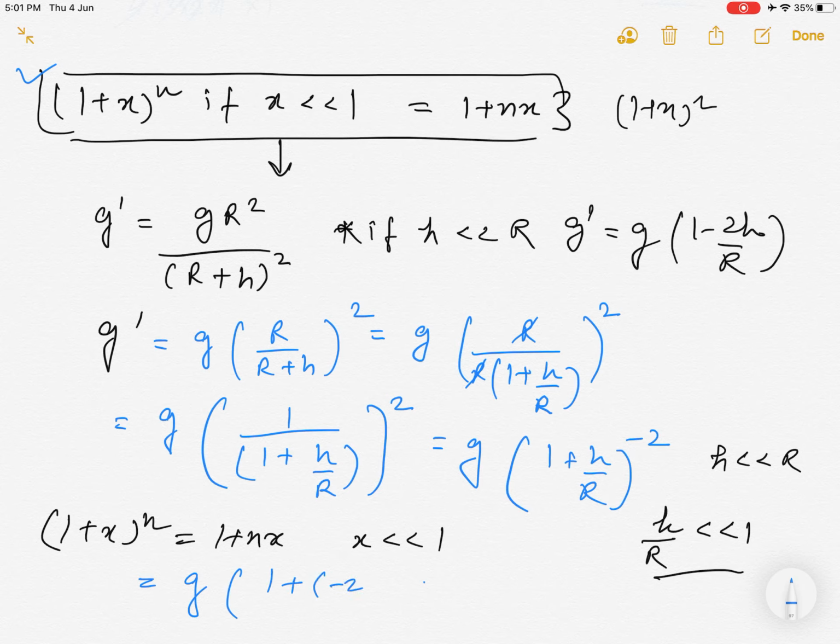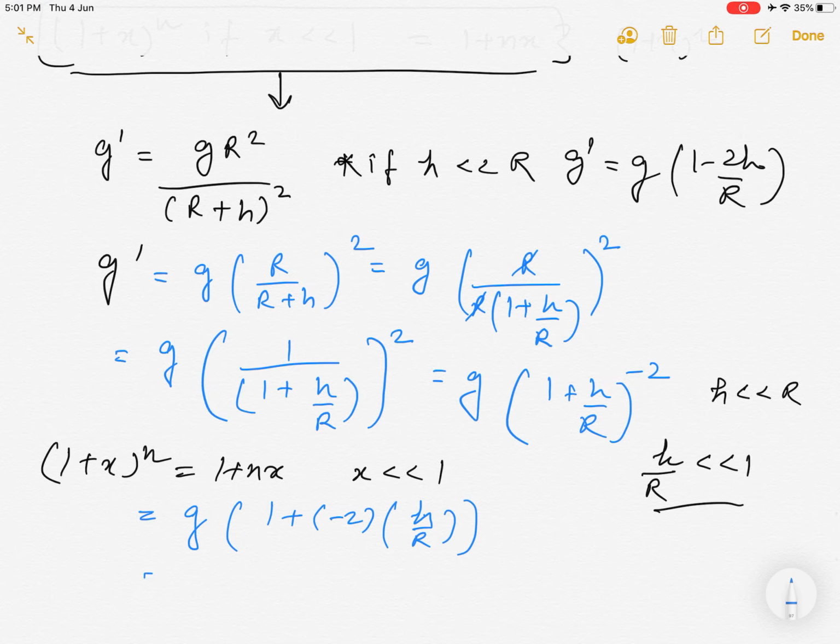So if I take this approximation, instead of n I have minus 2, and instead of x I have h by r. So I can write g (1 plus minus 2h by r), and this is what we were required to prove. So this was all about basic elementary algebra which you need to know, and